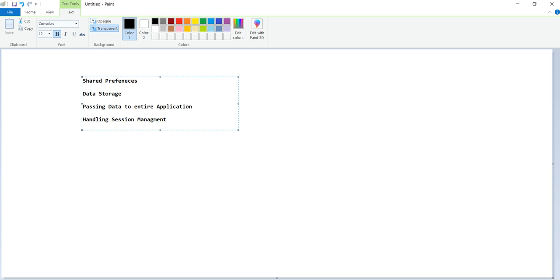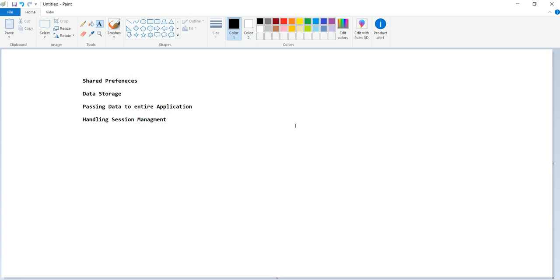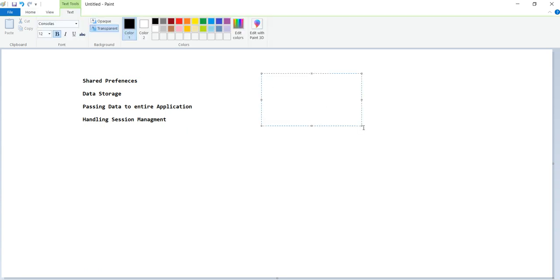We'll discuss these one by one, first data storage. Whenever I'm logging into an application, I may get some required parameters. If I go to any shopping cart application and click on my transactions, it automatically displays the transactions.